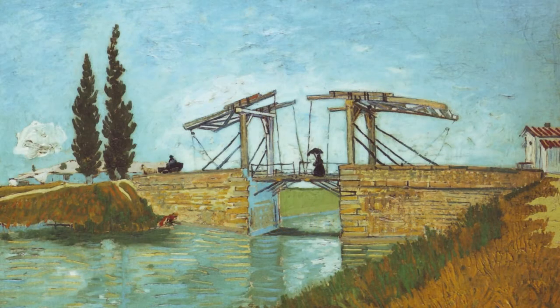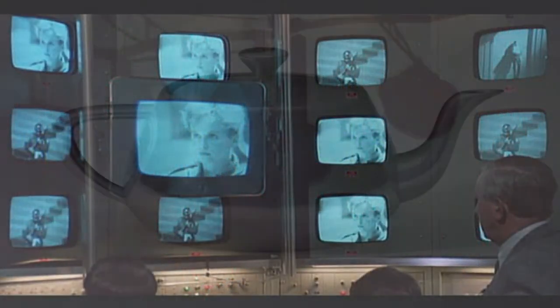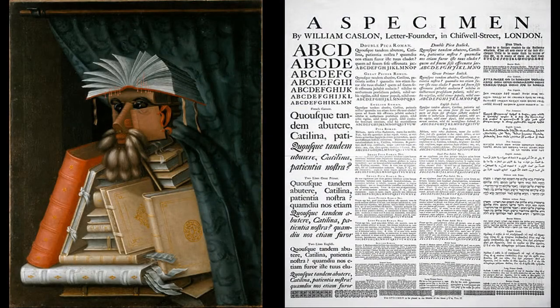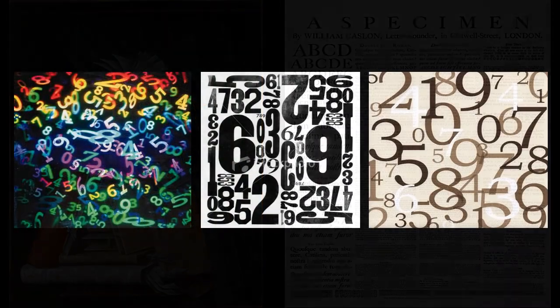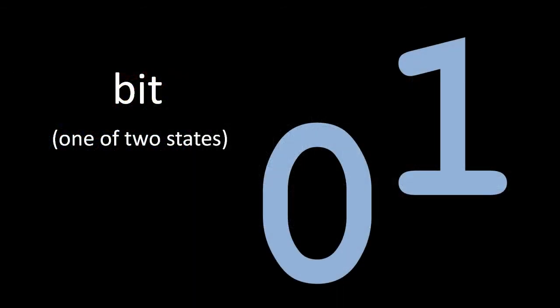So we have this basic problem in computing. We want our computers to deal with information like images, audio, video, 3D models and 3D animation, and just simpler stuff like text and numbers. The problem is that if we're going to store such things in a computer, we have to store them in the form of bits. A bit, as you likely know, is simply something that holds one of two states, and